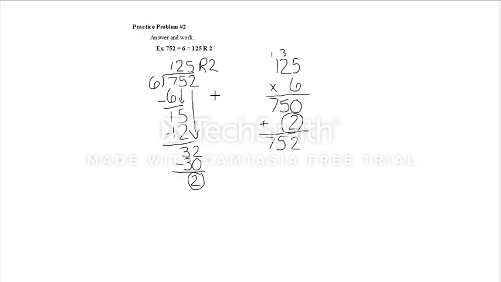Okay, after you did that, you should have been able to go through all of your steps of dividing, knowing where to place your first digit, and then dividing through everything, bringing everything down one digit at a time, subtracting, and you end up with 125 as the quotient, and the remainder is 2. Then you want